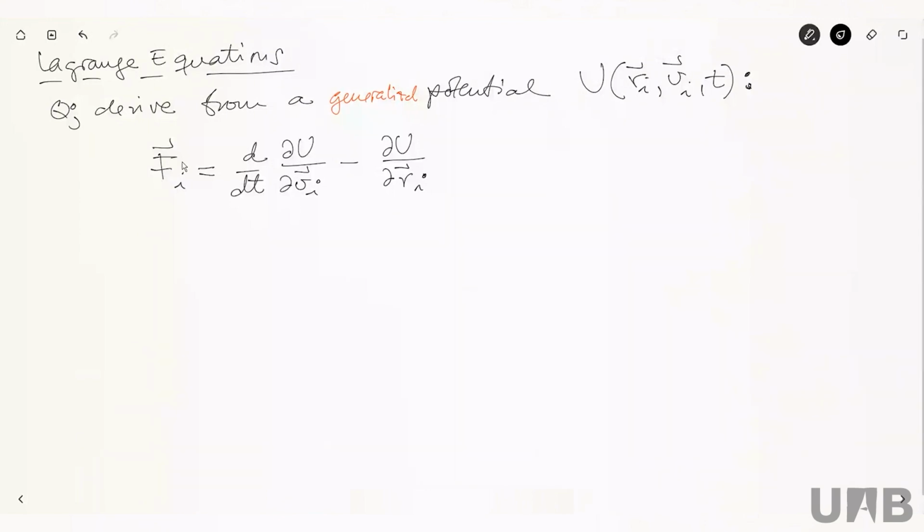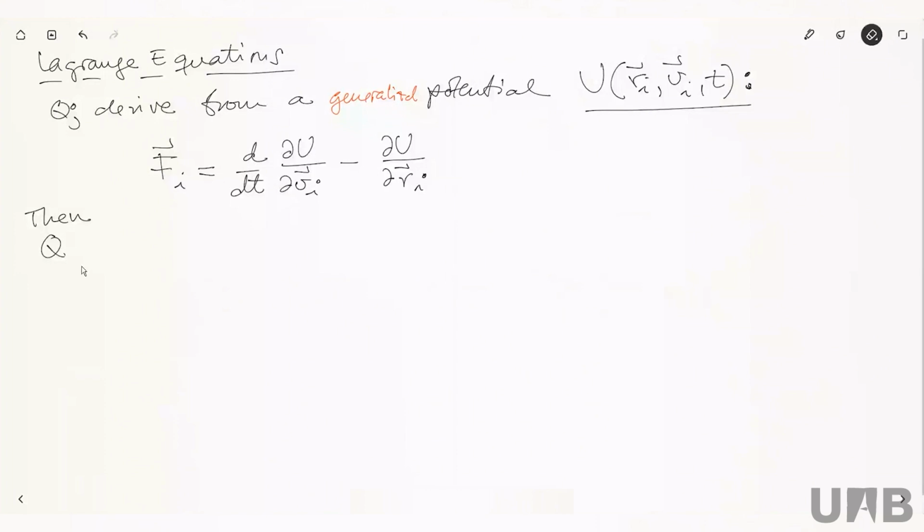Now, if the external forces F can be written in terms of a generalized potential U like this, then we can still simplify a little bit the previous equation, D'Alembert's principle written in terms of generalized coordinates, in the following way. Because then the generalized force